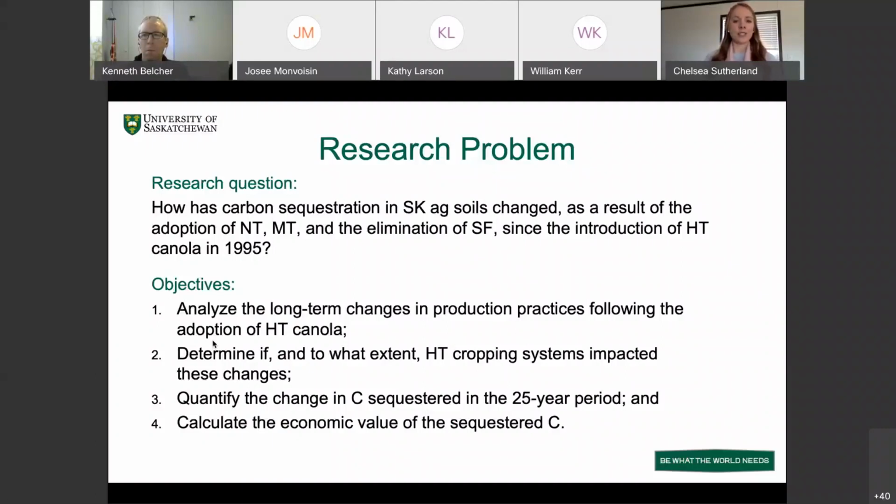So I'll address this research problem through four objectives. Analyze the long-term changes in farm production practices since 1995. Determine if and to what extent these herbicide-tolerant cropping systems impacted farm management changes. To quantify the change in carbon sequestered in this 25-year period, and then to calculate an estimated economic value of the sequestered carbon. For today's presentation, I won't be focusing on objective number 2, just for the sake of time,